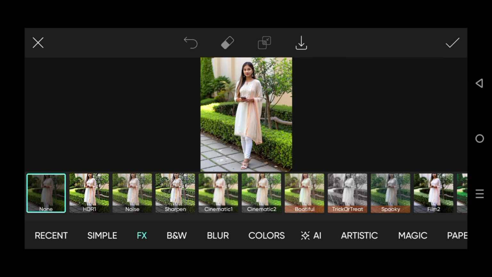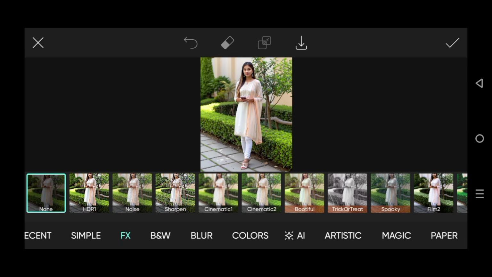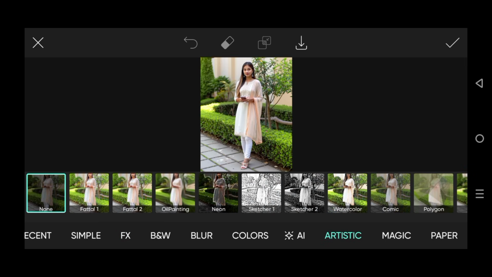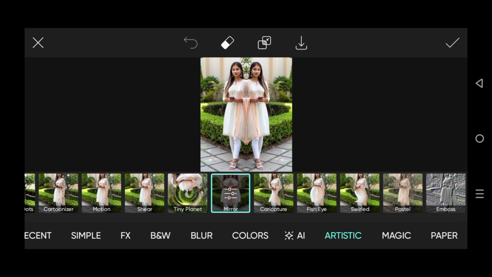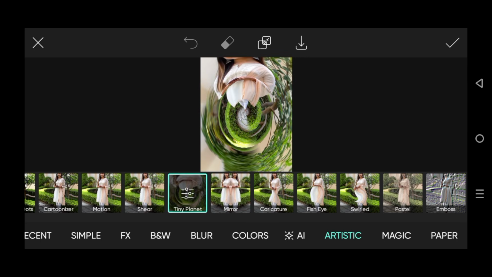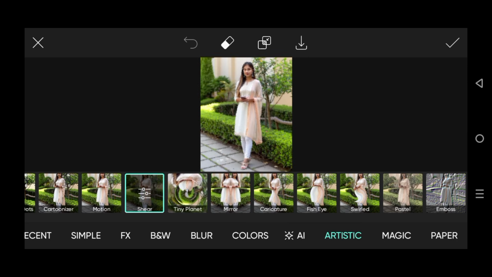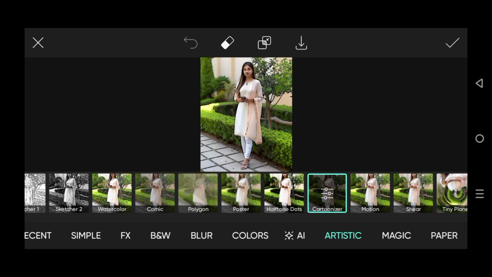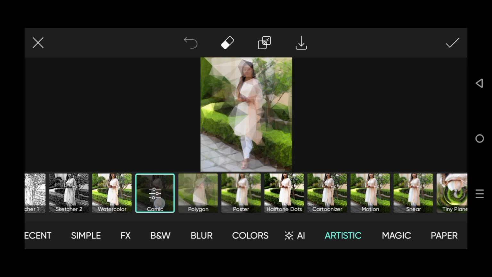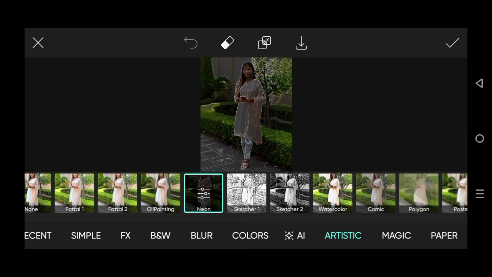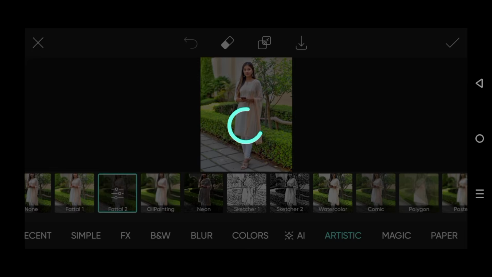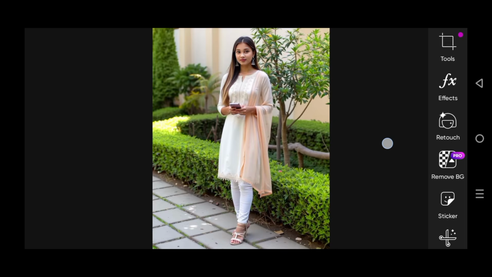Beautiful effect we could choose for that beautiful picture, and for that purpose, guys, here I could apply that artistic effect one, which is from here, guys. There's emboss, pastel, swirl, face shake, caricature, mirror effect options, and that's artistic tiny planet effect options. That's the sheer motion characterizer, guys. After that, poster, polygon, comic, watercolor, sketcher 2, guys. That's the sketcher 1. Neon, oil painting, fatal 2, guys, and that's the fatal 2 effect options which I have to select for the photo, guys.